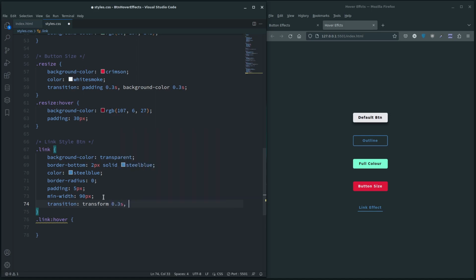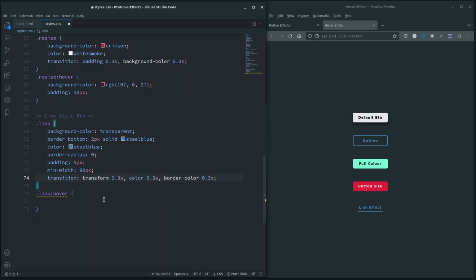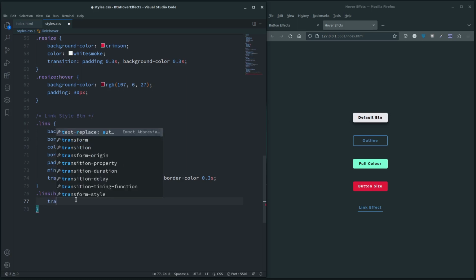0.3 seconds, and to the colour over 0.3 seconds, and also the border colour over 0.3 seconds. And we could have just done all there, but I don't want to. It's better to actually pick out what you want to do rather than affect all, because it affects everything obviously. Anyway, so we want to do the transform scale here, so we're going to say transform,